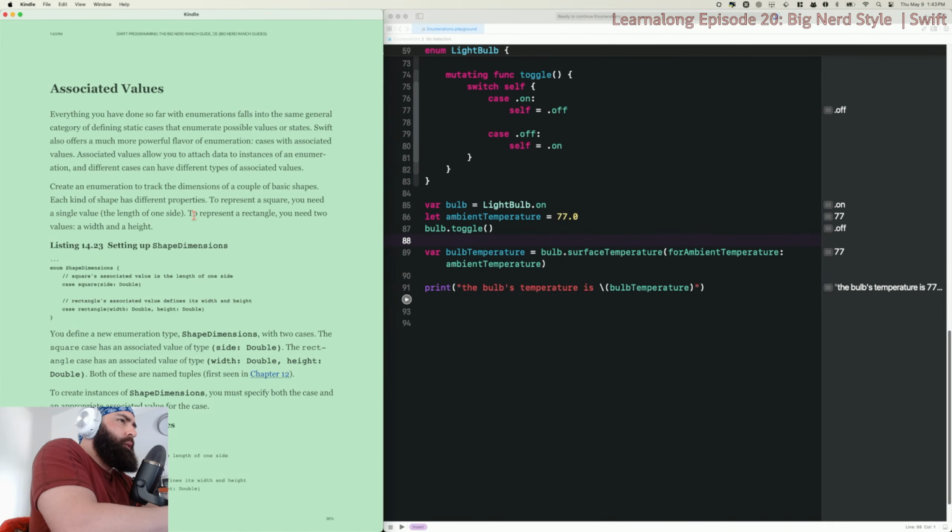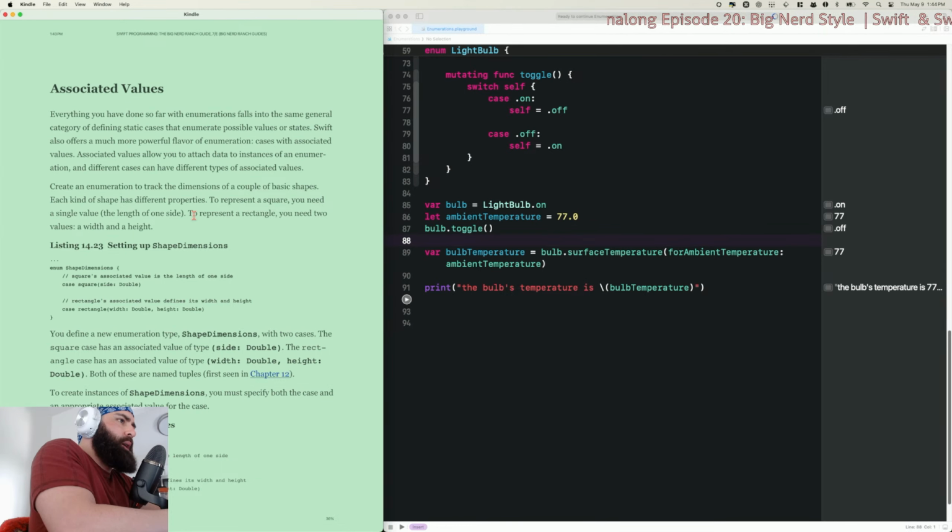Cases with associated values. That's interesting, yeah. Associated values allow you to attach data to instances of an enumeration. And different cases can have different types of associated values.